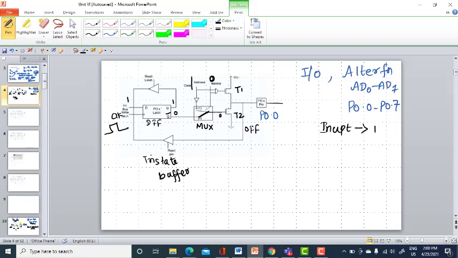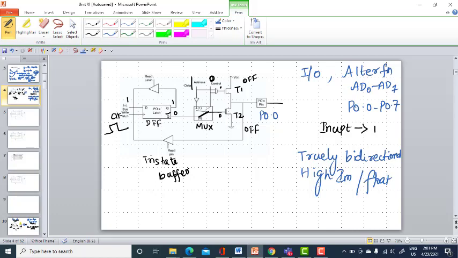So, if this is 0, see here, this control is connected, and the address or data is connected to an AND gate. If one of the inputs of the AND gate is 0, this is 0. So, if this is 0, this is off. So, both the transistors T1 and T2 are off. This is said to be the truly bidirectional state, or high impedance state, or the floating state. Truly bidirectional state, high impedance state, or floating state.